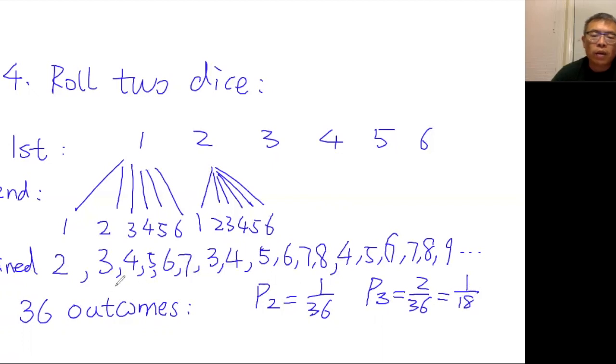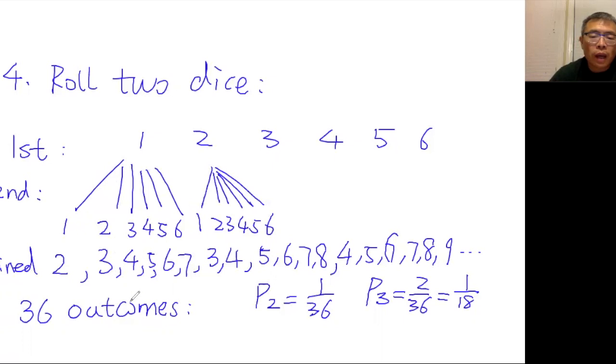And you can do similar calculations for getting 4, 5 and 6. And actually, it turns out that the probabilities of getting 7 or 8 are the largest, simply because out of the total 36 outcomes, there are more outcomes corresponding to 7 and 8. If you play board games, you notice that there's a certain advantage in rolling 2 dice: if you want to get the number 7 or 8, that is the best. You have the most probability of getting those numbers.